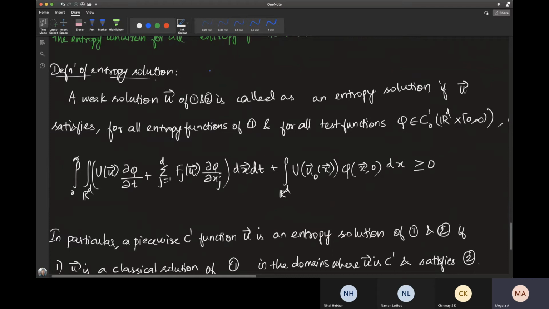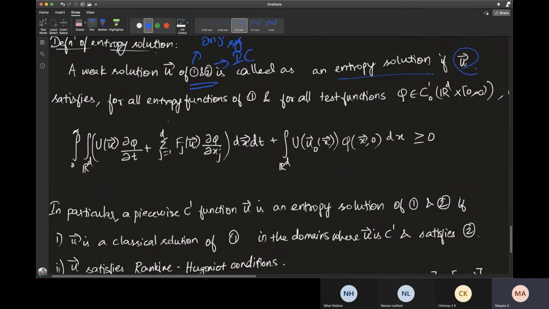Now let's define an entropy solution by considering all the information that we have till now. So a weak solution, this is our system, right? 1 and 2. 1 is the original system and 2 is our initial condition. So a weak solution for this system is called an entropy solution if U vector satisfies this inequality for